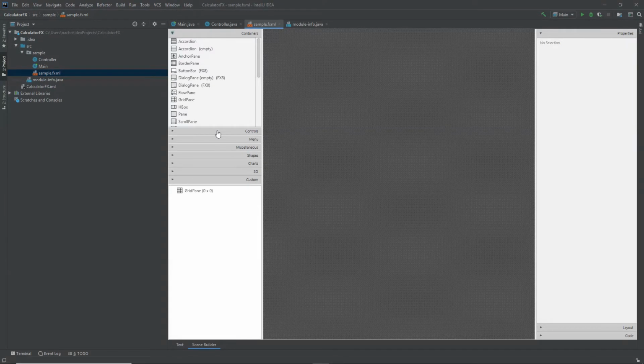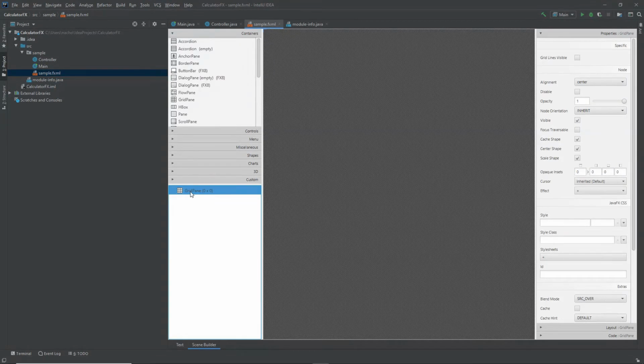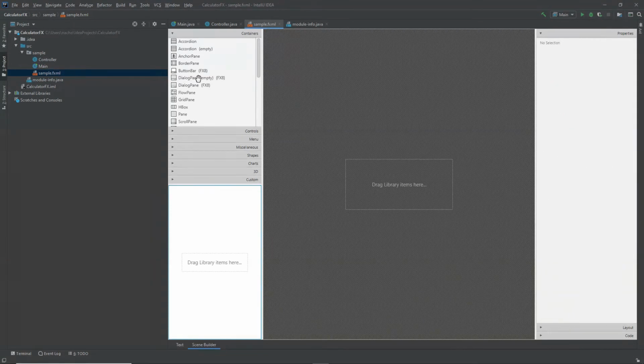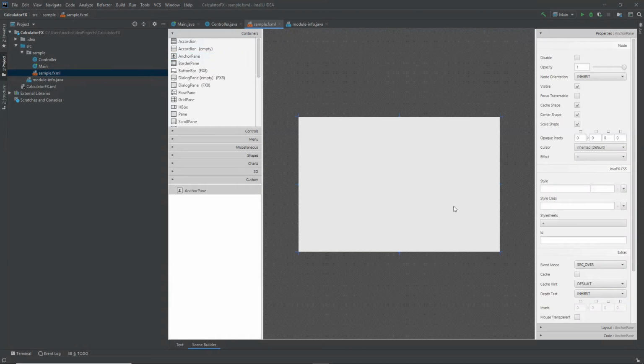And first of all, we need to change the default container of our application. We are not going to use grid pane because we are going to implement a very simple application, and instead of this we can right click on this and remove it or delete it. We are going to add an anchor pane, which is one of the easiest containers that we can have in our applications. We can resize it, as you can see,